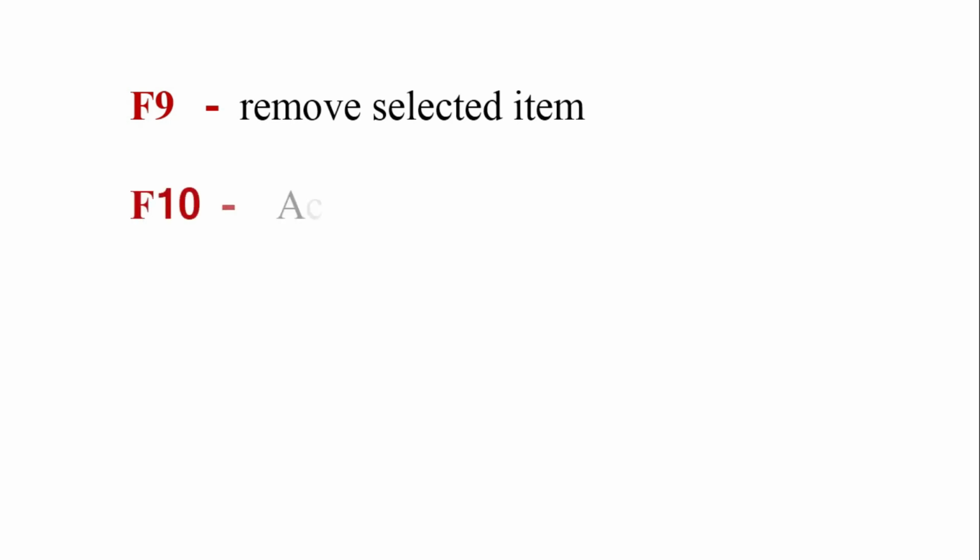The next function key is F10. The F10 function key is used to highlight or activate the menu bar. It means if you are working in Microsoft Word and your mouse is not working, then simply press the F10 function key, and your menu bar will be active. Then you can select whichever item you want and make some changes. So the F10 function key is used to activate or highlight the menu bar.